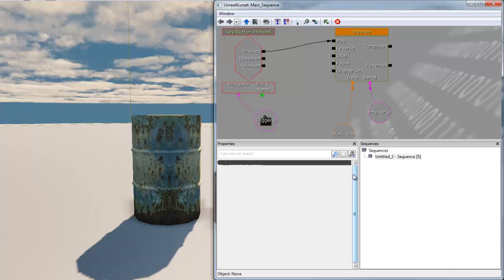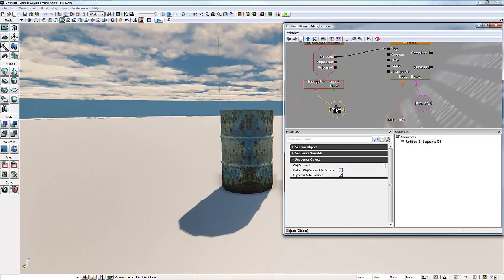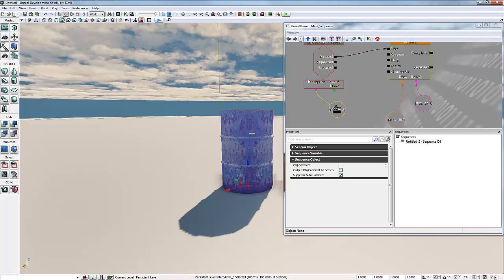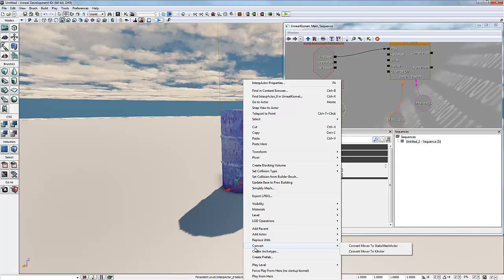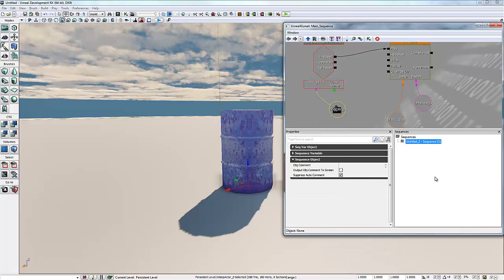So right now I'm going to leave it the way that it is and what's wired up, and let's go back over how we wired this up together. Remember, first thing we did was we found ourselves a static mesh, and I right clicked on it, and I said I want to convert it to a mover. And then that's converted to a mover, and